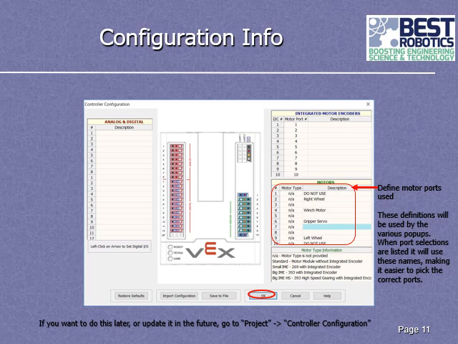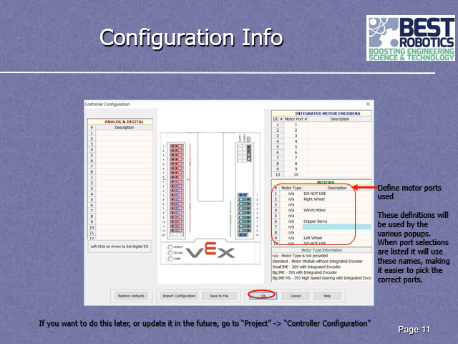When you bring up a new project, the first thing that it's going to display is the controller configuration pop-up. Now you can dismiss this and go on without filling anything out here, and you can bring this up in the future anytime you want by simply going to Project, Controller Configuration. If you have the information now, then you can go ahead and do it. And what you will use this for is under the motor type and description. It's just a text field. You can just type in